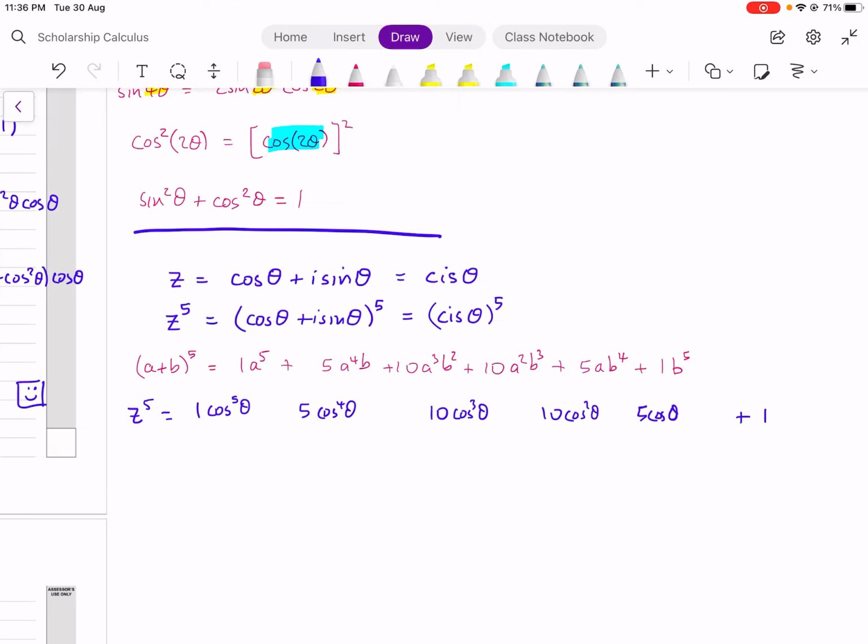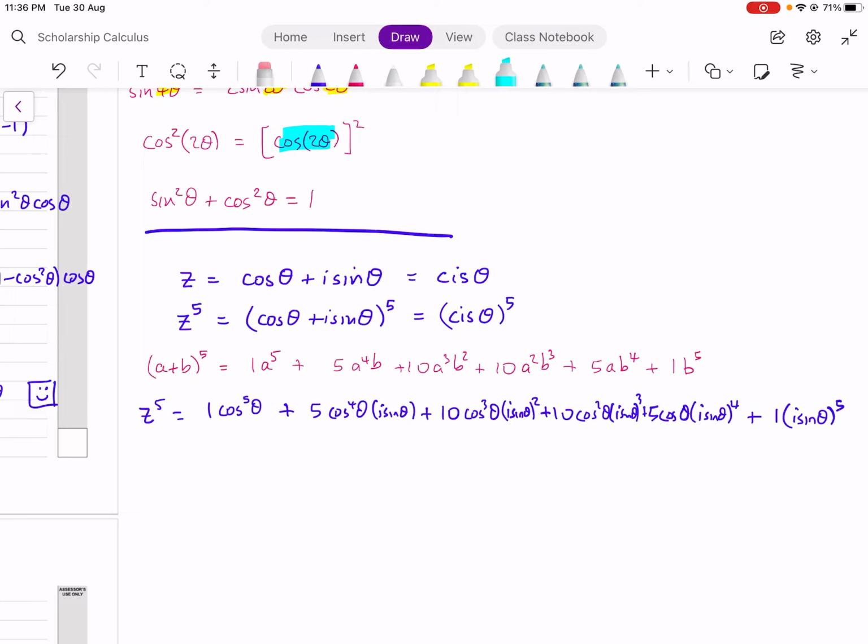Then the last one, i sine theta to the 5, i sine theta to the 4, i sine theta cubed, sorry, I'm getting really messy here team, i sine theta squared, i sine theta, and then i sine theta to the 0 for that one, plus, cool. Now,